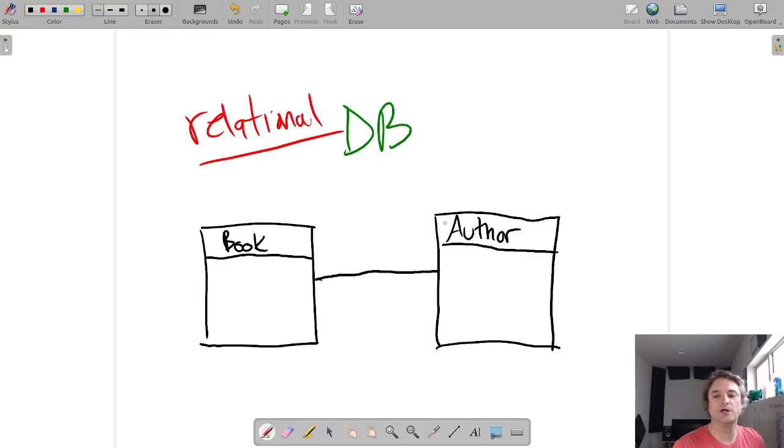So this relationship should be one author has many books. And if we read this backwards, it's not many books have one author. That's just the same thing the other way around. So we'd say one author has many books, and each book only has one author. So if we do it that way, we go, okay, maybe the